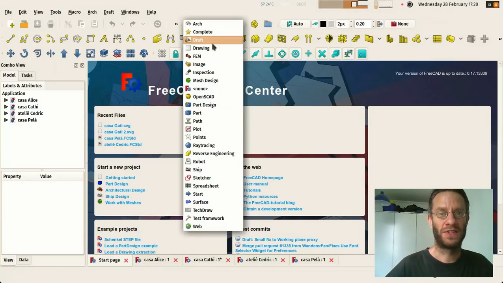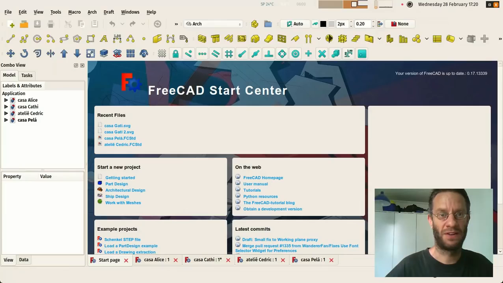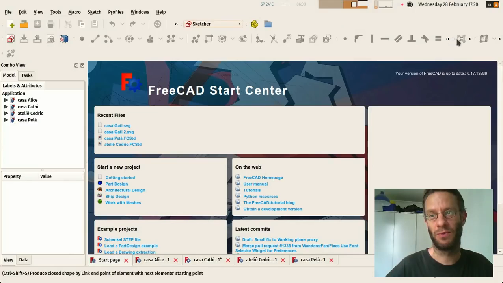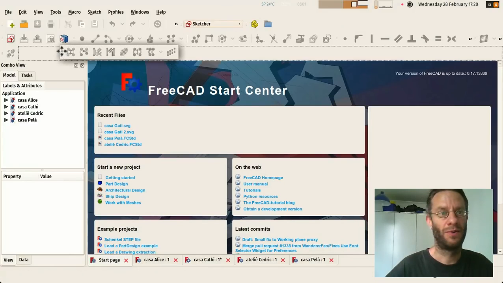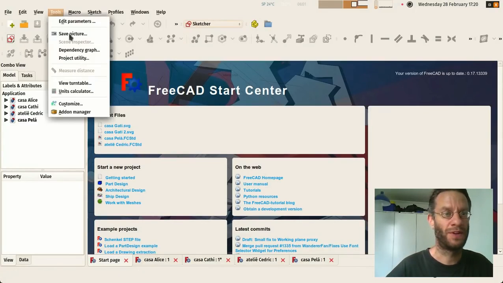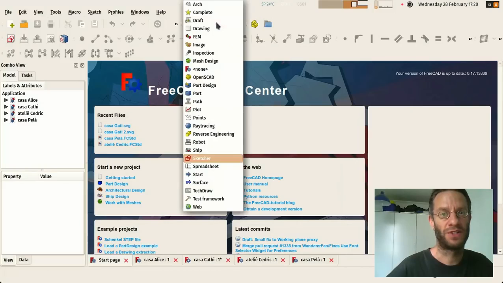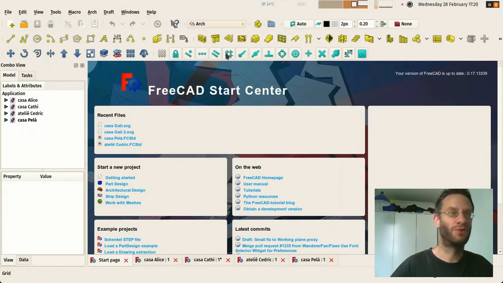All of these workbenches have their own tools, and you can also bring tools from one workbench to another. If you go to customize here, you have really deep customization options for your workbench, and you can really make your workbench look the way you want and bring in tools from the other workbenches. So